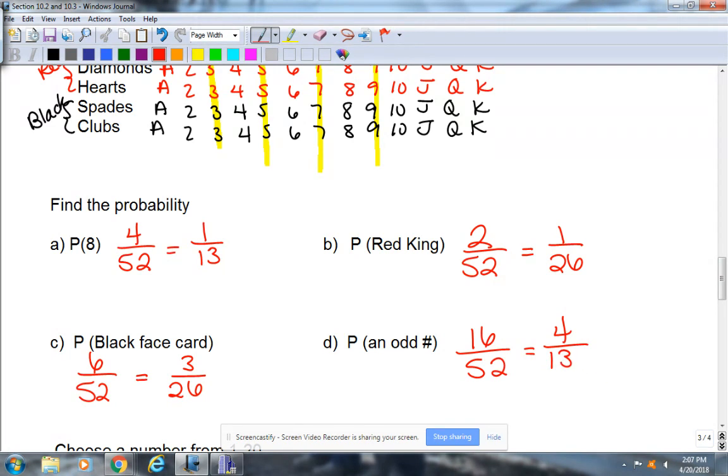So there's a little card probability for you guys. You have a few on your homework on card probability. All right. So next,